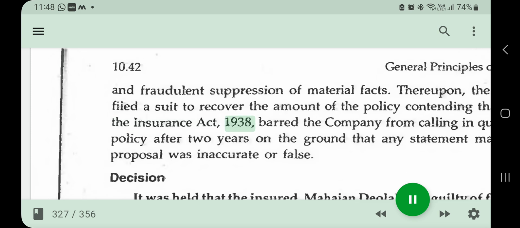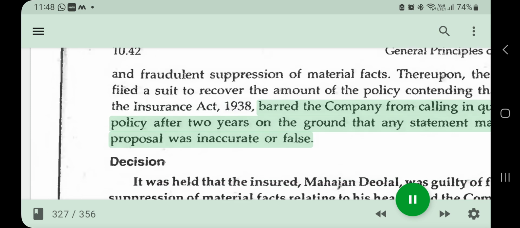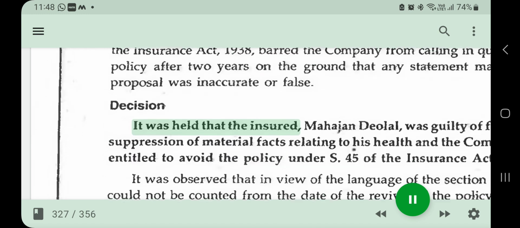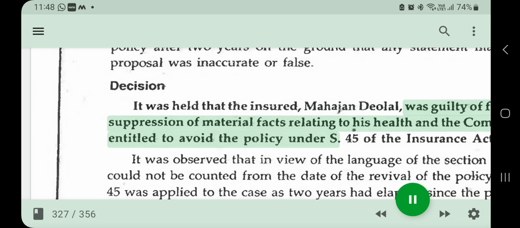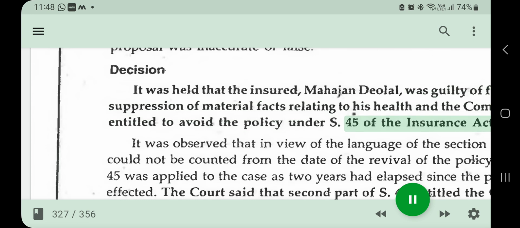Section 45 of the Insurance Act, 1938, barred the company from calling in question the policy after 2 years on the ground that any statement made in the proposal was inaccurate or false. Decision: It was held that the insured, Mahajan Deol, was guilty of fraudulent suppression of material facts relating to his health, and the company was entitled to avoid the policy under S. 45 of the Insurance Act,